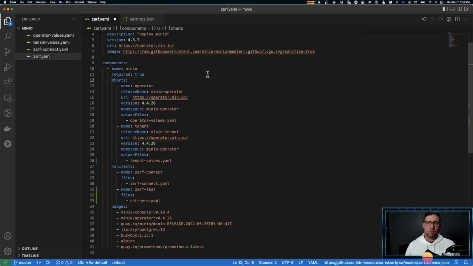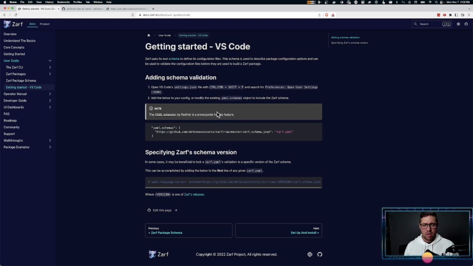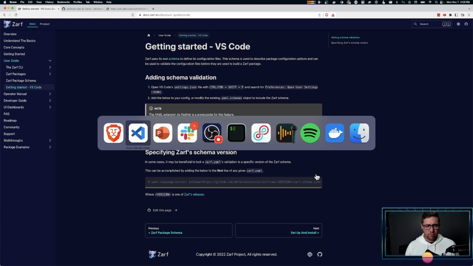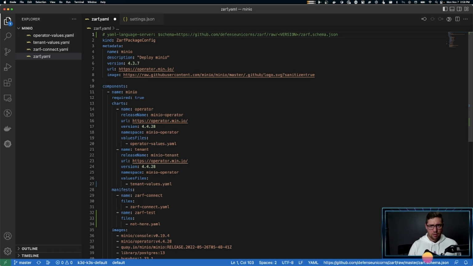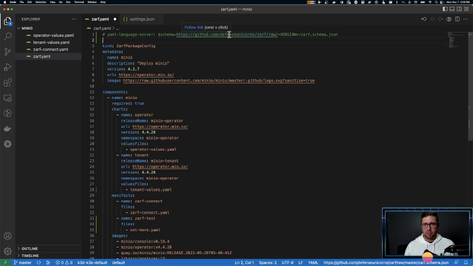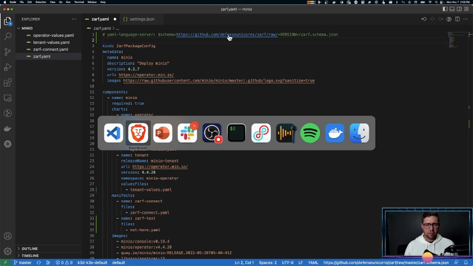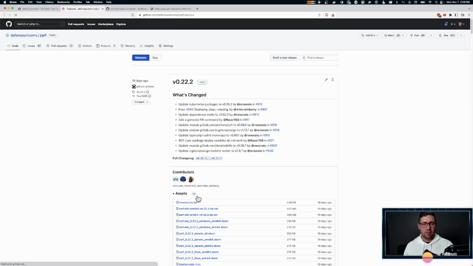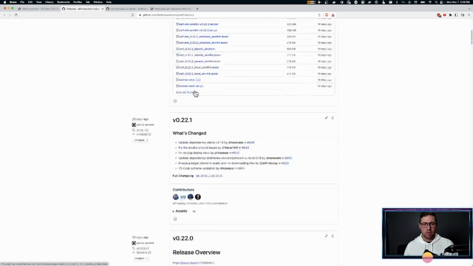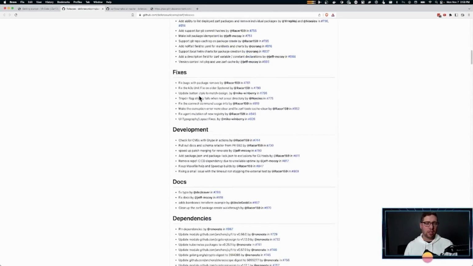Now, if for some reason you want to work with a specific version of the schema, that is also right here in the docs. We go to the documentation, and we can specify a schema number or a version number for the schema, and we can go here with that schema version and paste over here where this is one of the releases. So that's interesting. So let's actually see what it means by releases. We go to Zarf releases, and it's probably just the GitHub release, which I figured it was, and we'll tie it. Let's tie it to, so there were breaking changes in